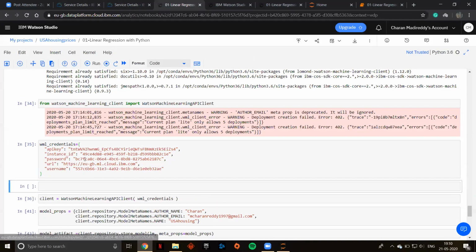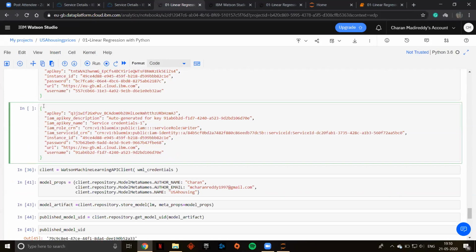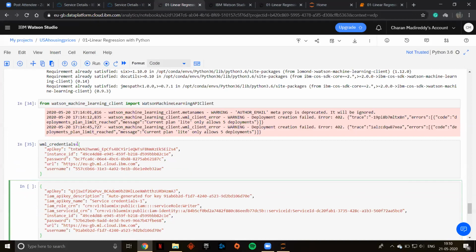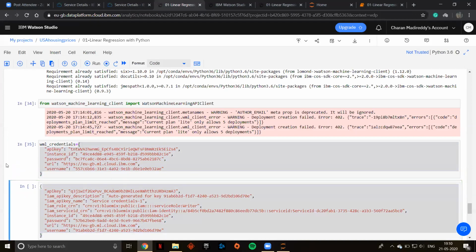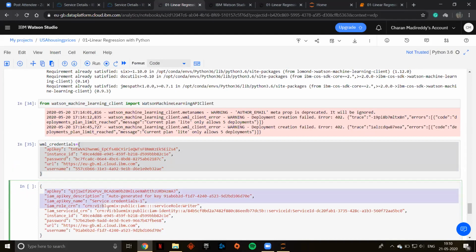Insert cell below, right? Instead of this one, you have to paste these credentials and delete some lines here. You can see this IAM API key and everything that starts with IAM, you have to delete that, including the instance ID.